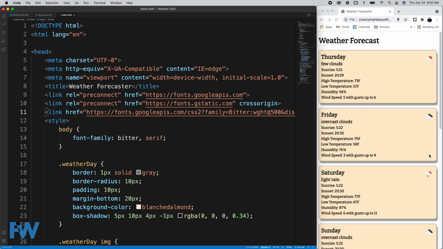So let's go through the CSS while looking at the application itself so we can see how the CSS is impacting the actual look of the app. So first we have our body. And this body selector is designed to style everything in the app. Since we want everything to use the Bitter font, we styled the body with font family Bitter Serif. And of course, that Bitter font coming from the Google APIs.